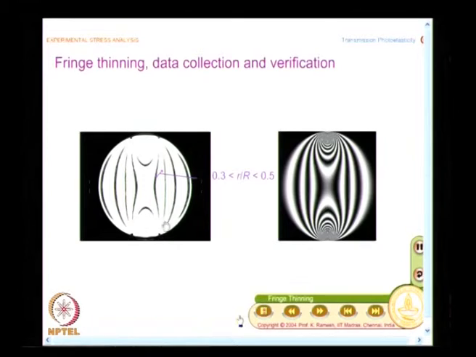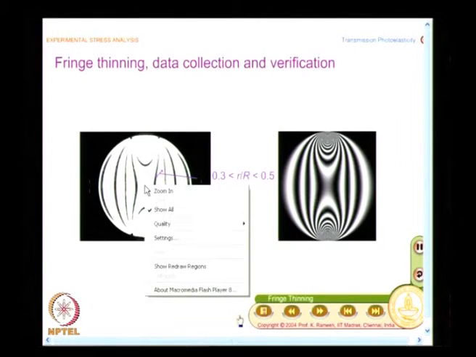You take a photograph with a higher optical magnification in that zone and repeat the same process, you will be able to extract information. Why is that not attempted here? Because my focus is to find out f sigma, and f sigma we have already seen, we will collect data in an annular region near the center, 0.35 r to 0.5 r. So, I am not interested in the data near the load application point. So, for our application this is good enough, and this is what we have here.